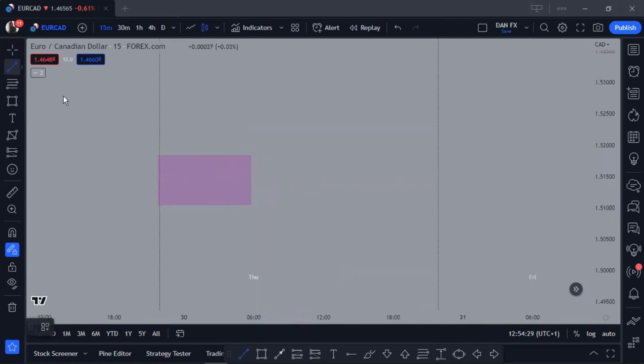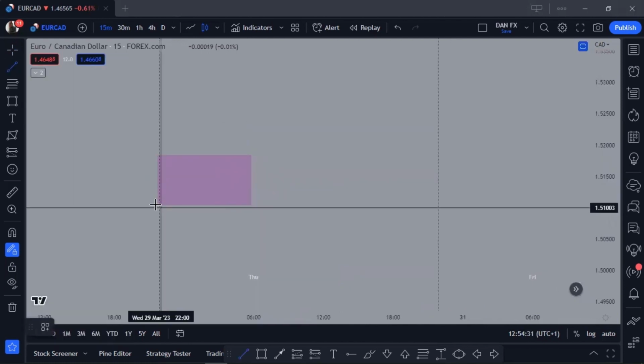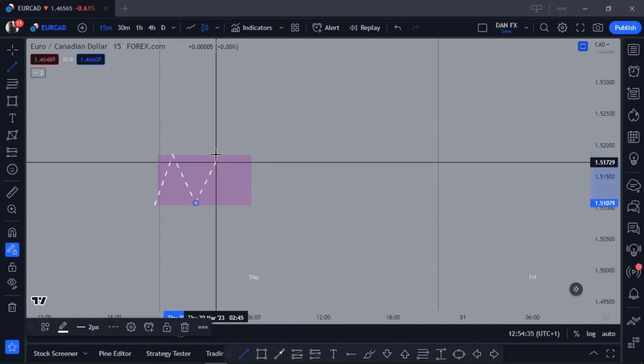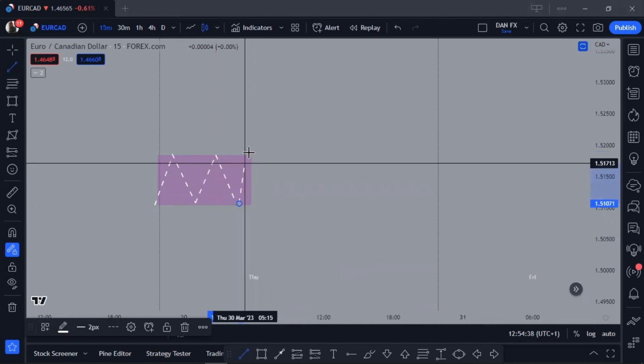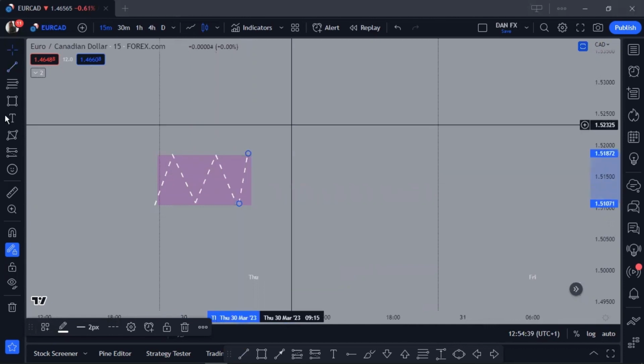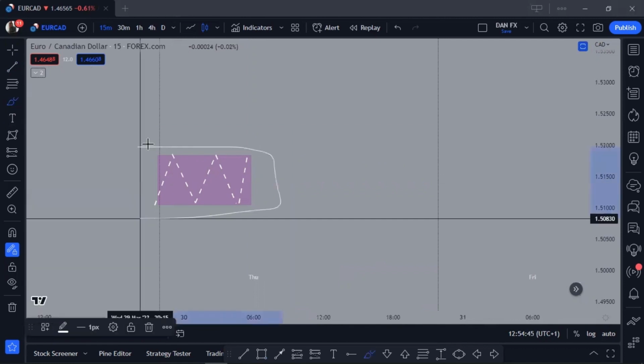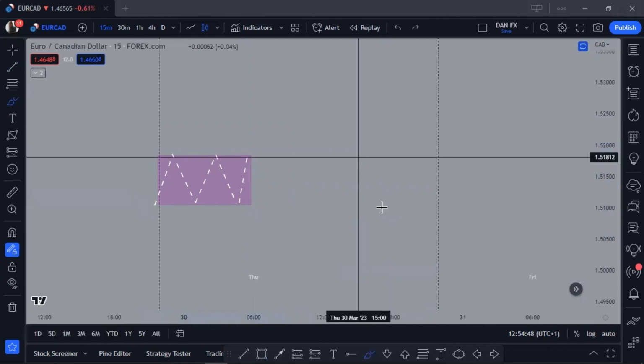What the market does during that period is, most of the time, 90% of the time, the market will spend its time consolidating inside that range. And now, there's one very important thing you need to know. This Asian session box has to be